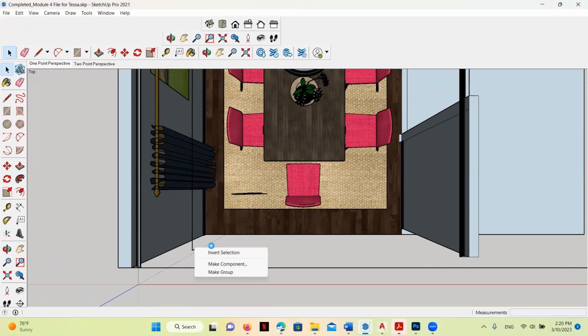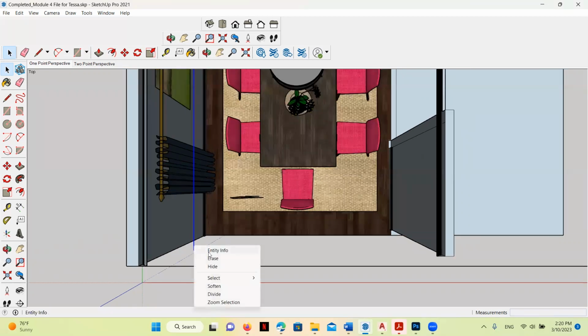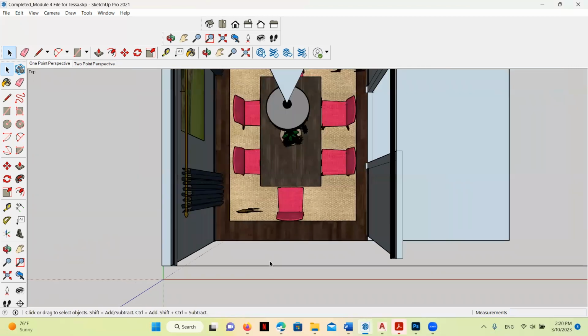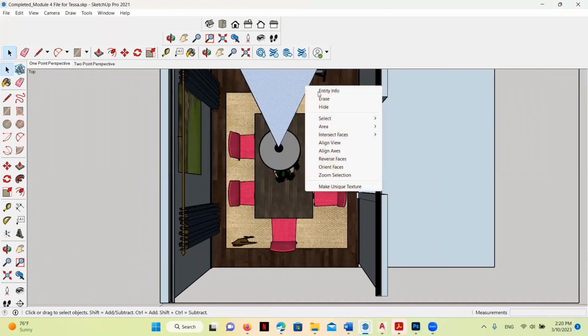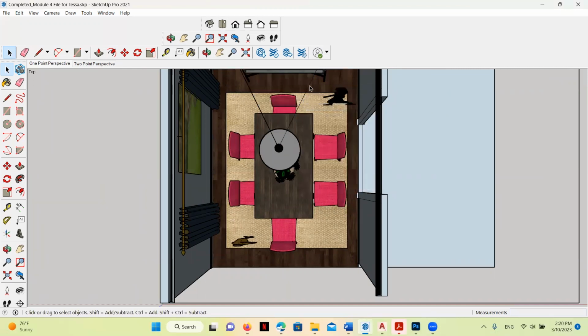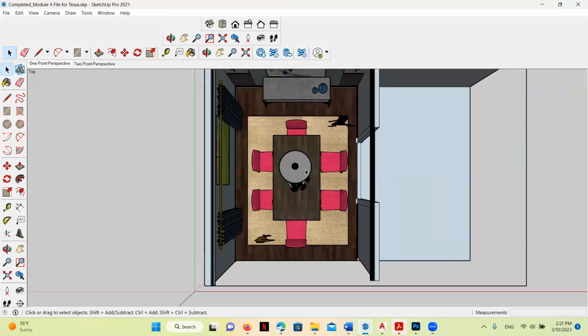I'm going to go ahead and hide that. My computer's slowing down. I'm going to go ahead and hide that and that. I've got another little ceiling part I need to hide. A couple lines here. I don't want to get rid of these because I do want to keep them if I use this perspective later. But I do have to come in and hide things to get them out of my way.